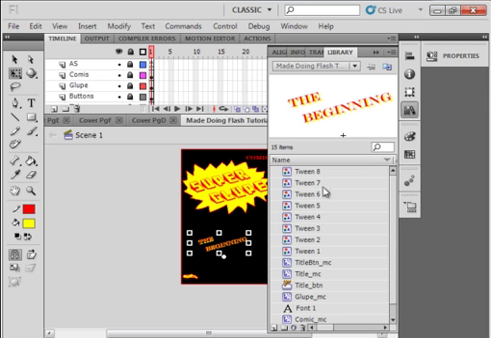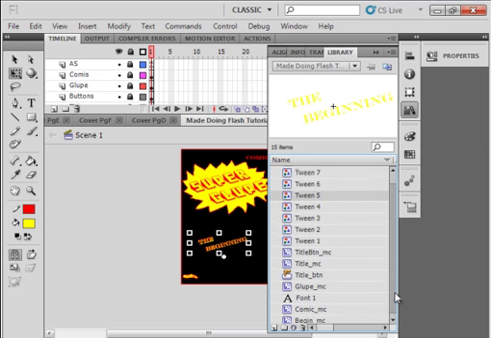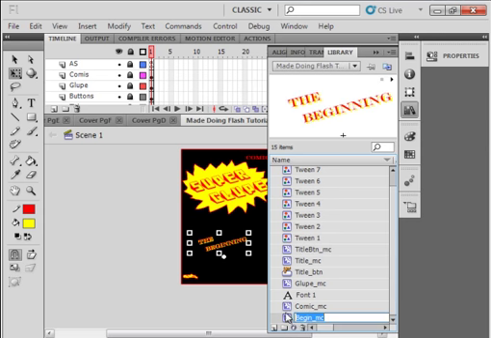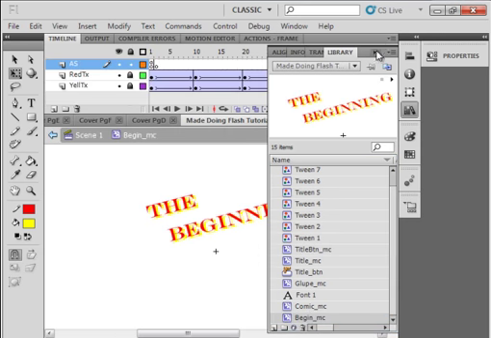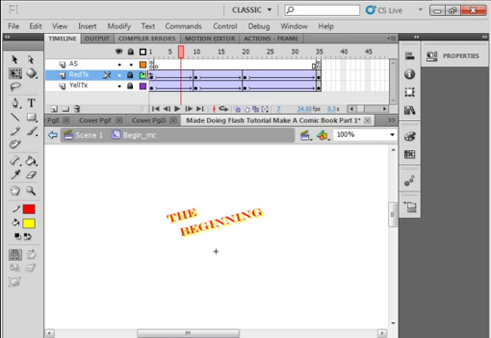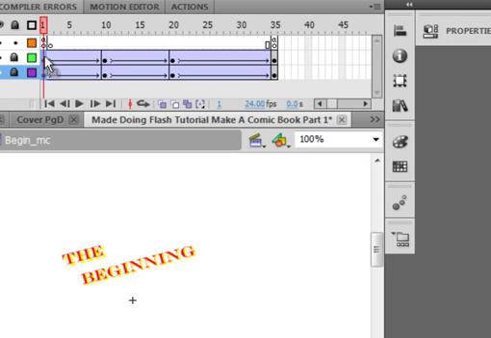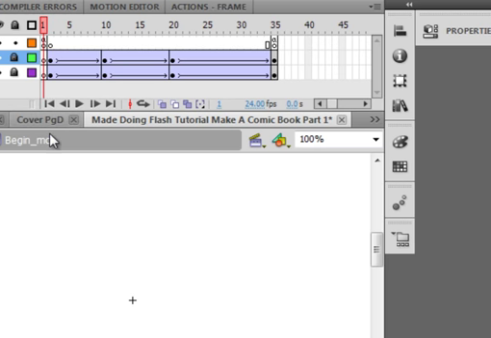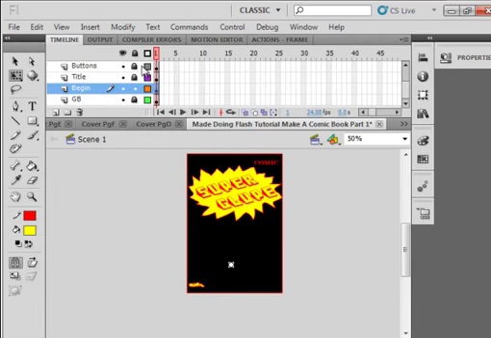So let's open that begin movie clip again. Lots of stuff going on in here. The begin movie clip. Where's it at? Right there. Open that movie clip. And I'm going to select these two frames and just move them to there. And that makes nothing there when it first starts. Go back to scene 1, lock all the layers,